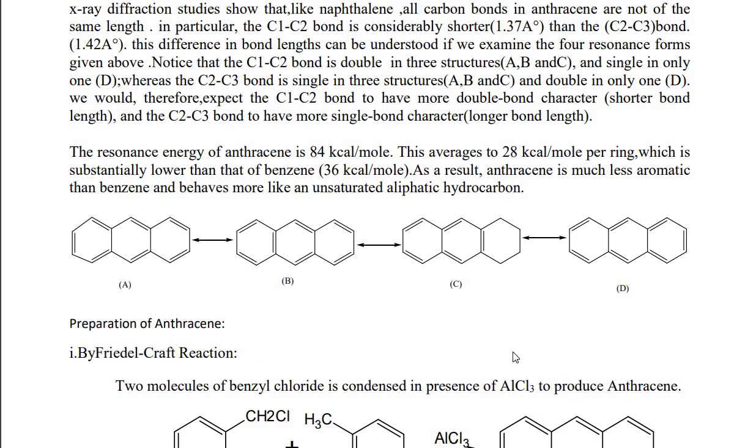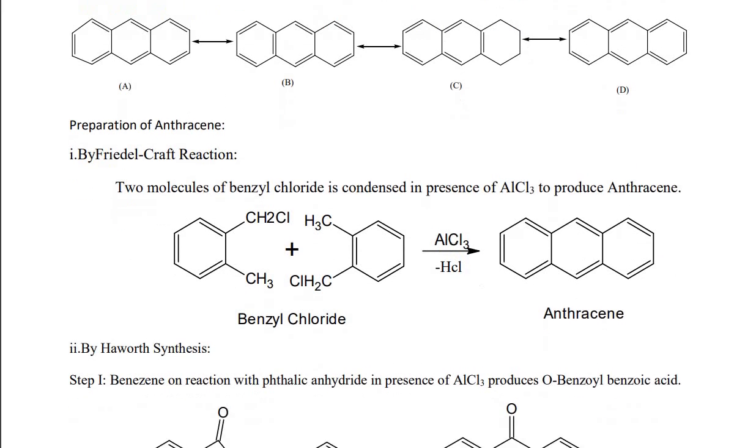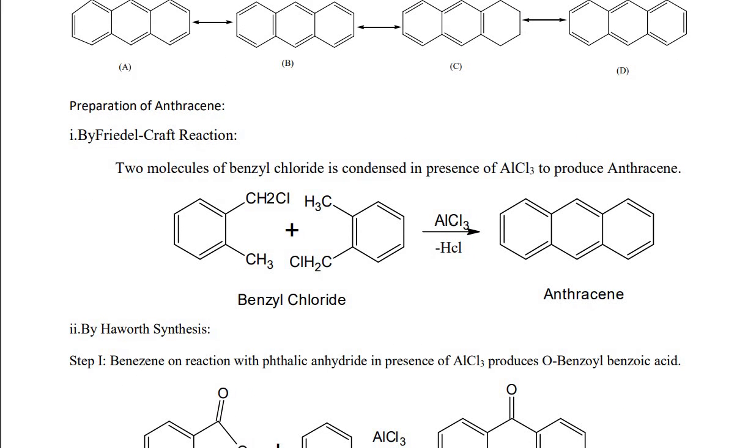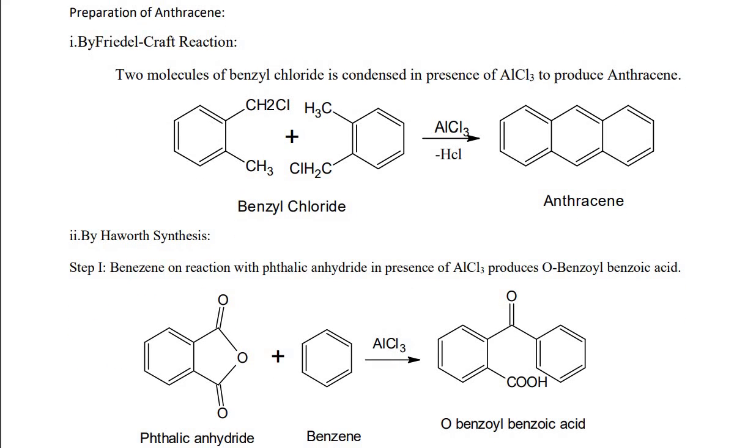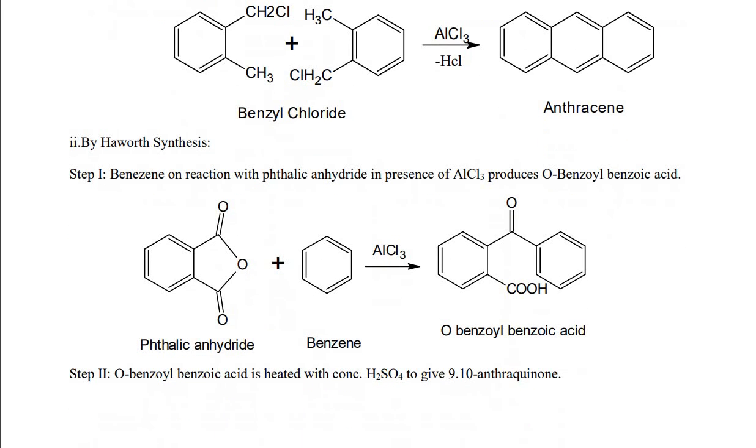So, you can see the structure A, B, C, and D. Now, preparation of anthracene by Friedel-Crafts reaction. Two molecules of benzyl chloride are condensed in presence of AlCl3 to produce anthracene. You can see, by Haworth synthesis,